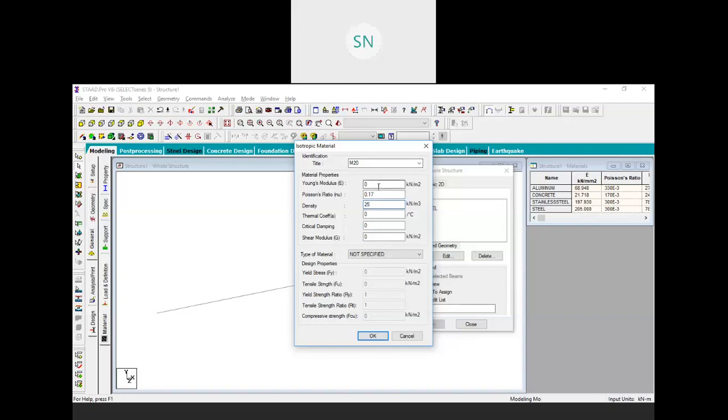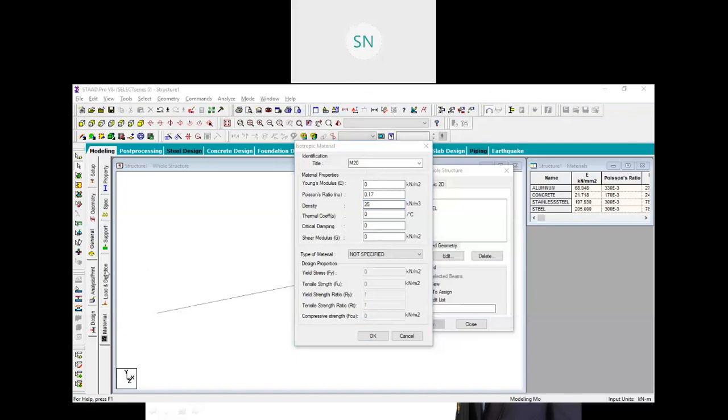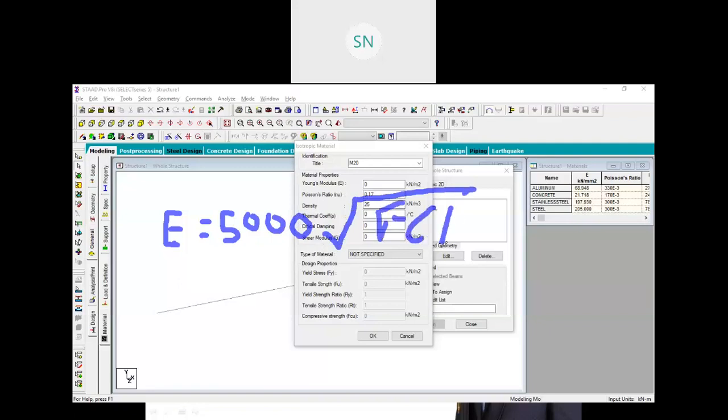Now Young's modulus. To find out the Young's modulus, we have one equation, and that is E is equal to 5000 under root fck, right?